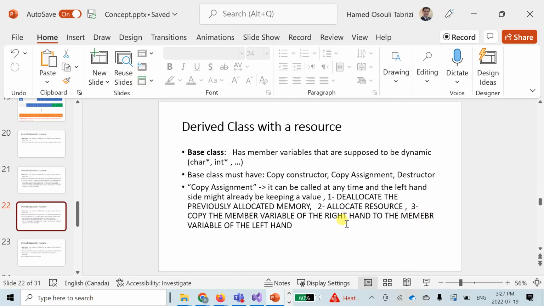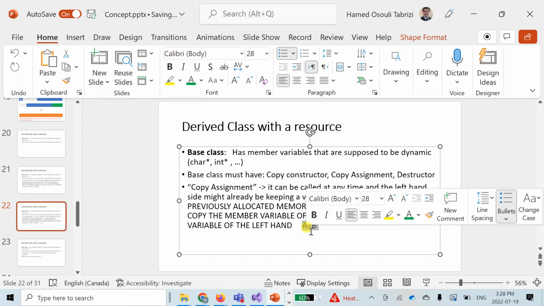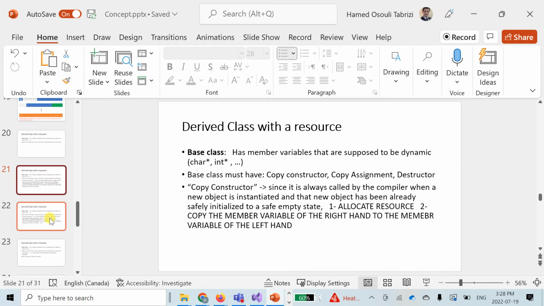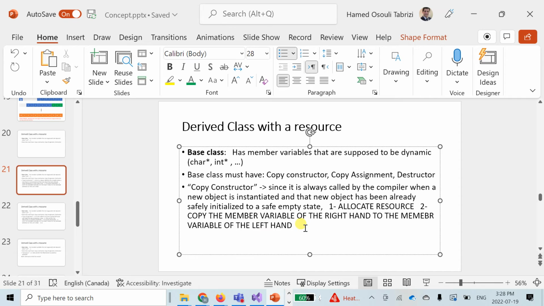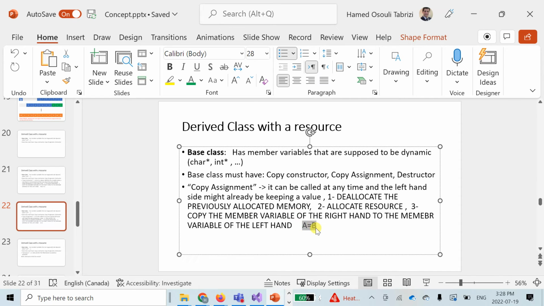Well, actually, I think I have written it here. Assignment: when you're saying now I want to say object A is equal to object B, this can happen anytime. It's not like the copy constructor, which can only happen when we are creating an object, Foo F is equal to H. We know that we are just creating this, so there is no need for deallocation, but here we have to deallocate because this can happen anytime and this A may already be initialized, and most probably it already has